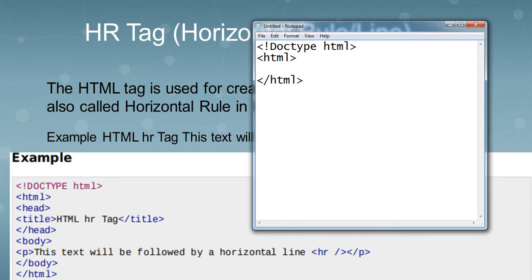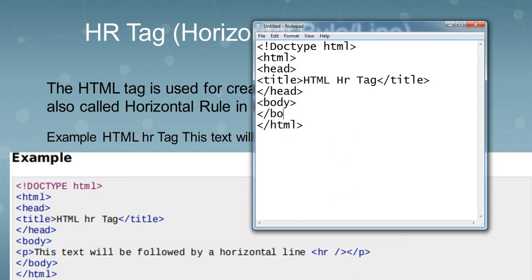Then between that I have to create head and head close, and inside that, title. Within title I will type HTML HR tag, okay student, and this title will close. And now I am going to open a body tag, and the body tag will be closed.